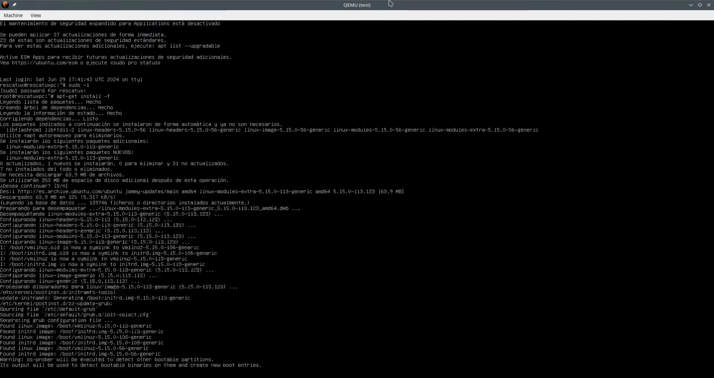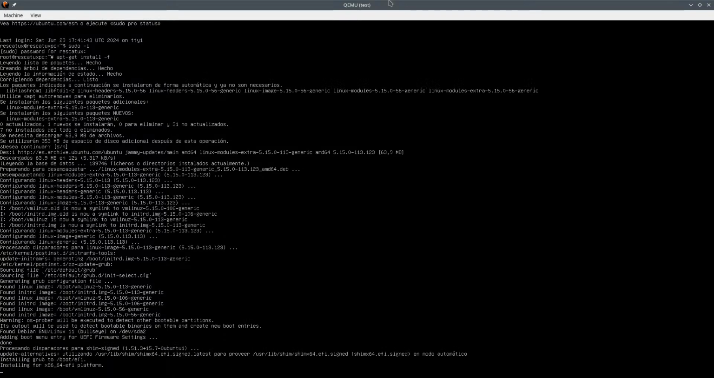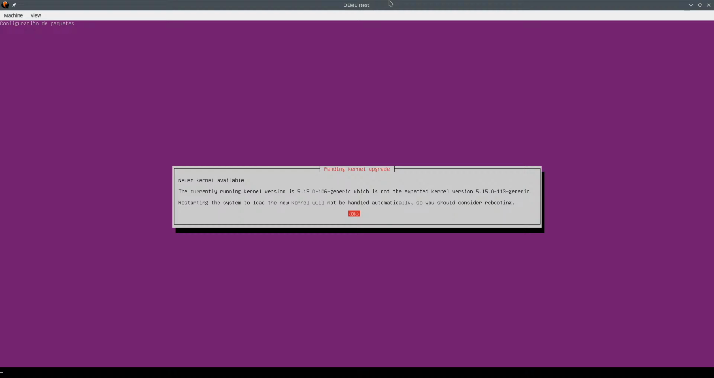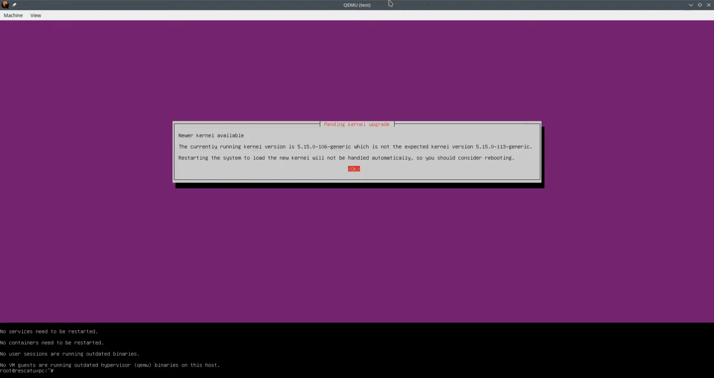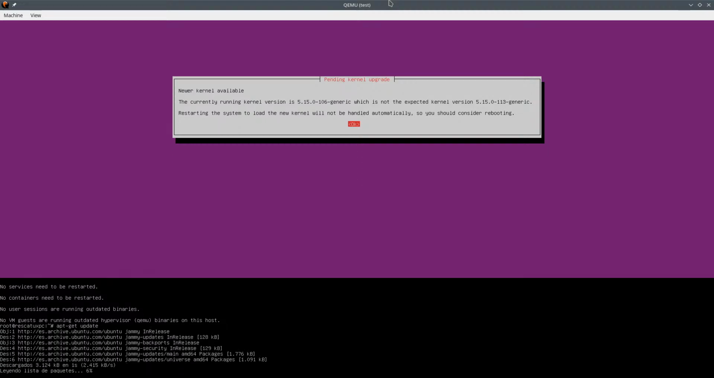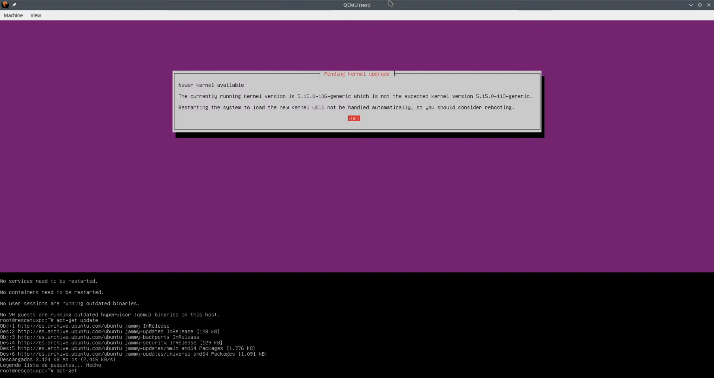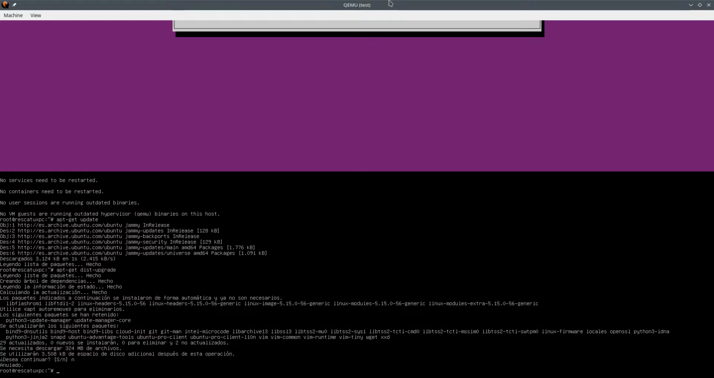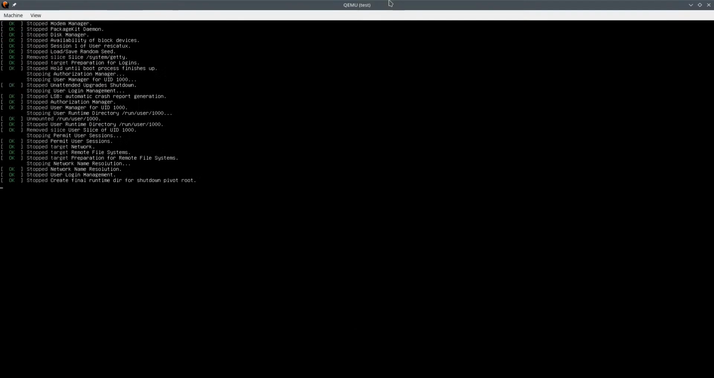Look at that, updating the initramfs. So now we have this thing here. Yeah, okay, you should consider rebooting. I don't care. So do we want to update this with new files? This should give us a new kernel maybe. Do we have a new kernel here? I don't see any new kernel here. So let's forget about this. So now if we reboot,